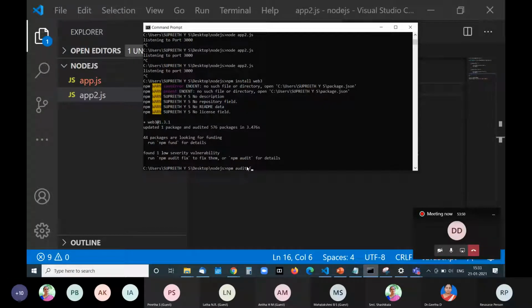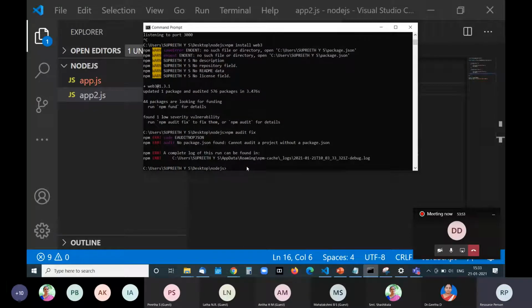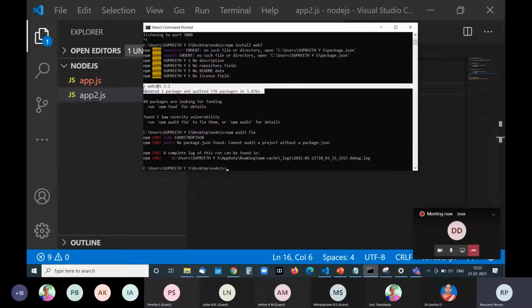What happens is when you run this audit fix, previously, if there are some missing packages, that will get fixed again. So now there are no packages that are required. It has already been installed. So now let us just